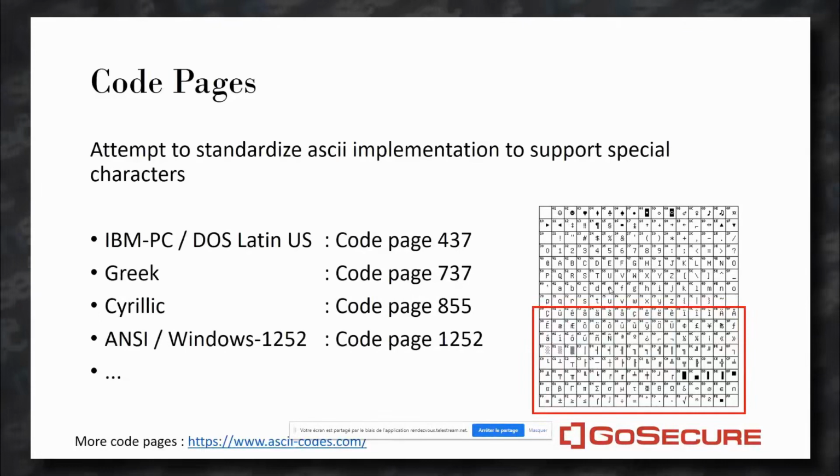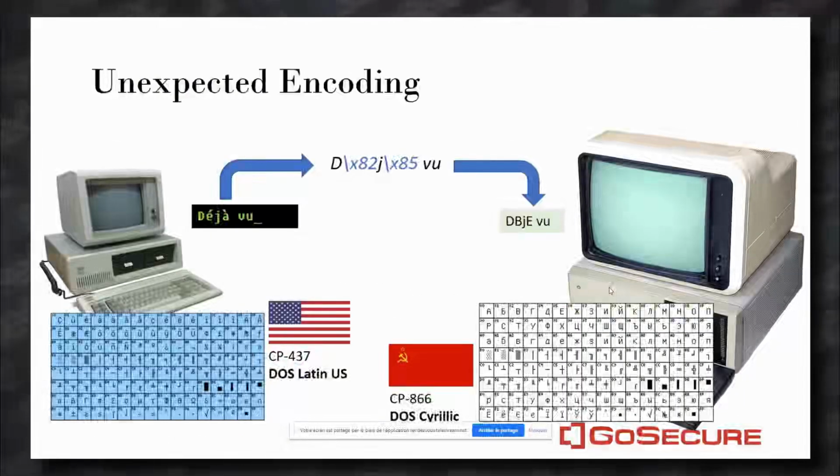One of the problems is, what if I want to transfer a file from one system to another? So now we may have a system that has code page 437, DOS Latin, the basic, default one on the IBM PC. And if the same file is transferred maybe over the network or over a diskette to a Russian computer that has maybe a Cyrillic default encoding, then suddenly accented characters can be translated to different characters. So suddenly we're losing information, and the message is transformed.